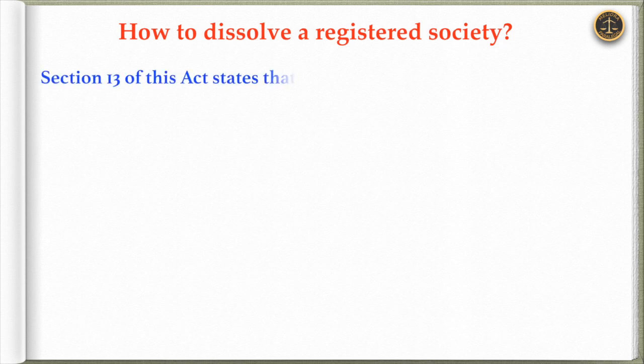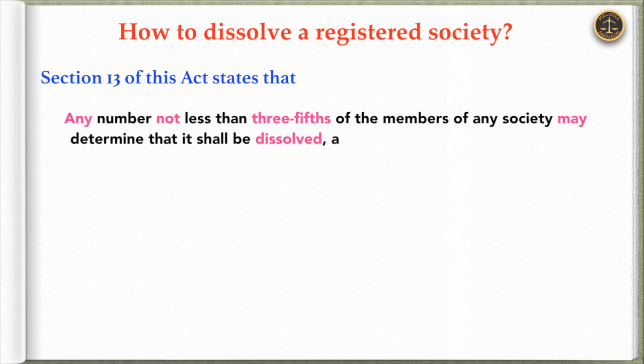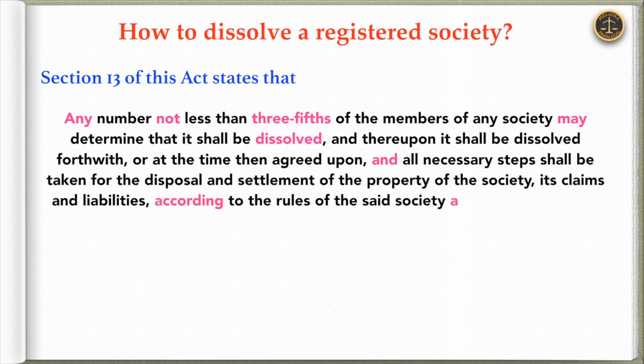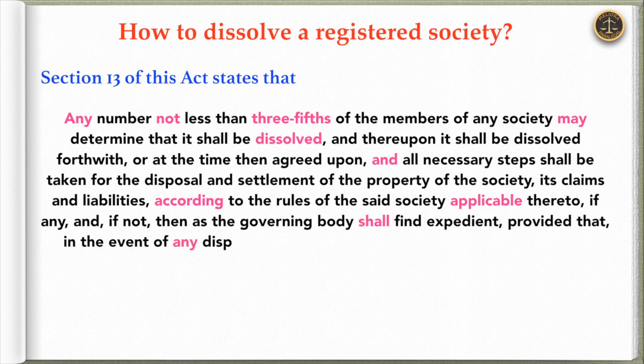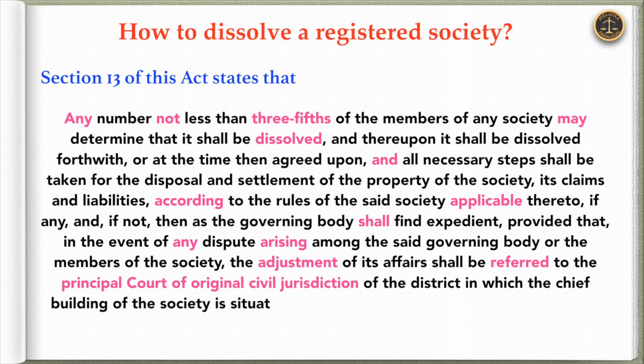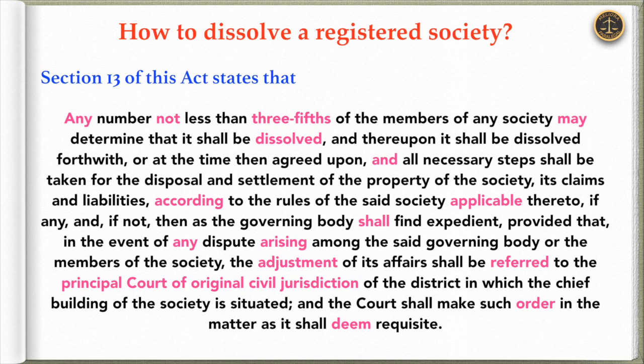Section 13 of this Act states that any number not less than 3/5 of the members of any society may determine that it shall be dissolved, and thereupon it shall be dissolved forthwith, or at the time then agreed upon, and all necessary steps shall be taken for the disposal and settlement of the property of the society, its claims and liabilities according to the rules of the said society applicable thereto, if any, and if not, then as the governing body shall find expedient,